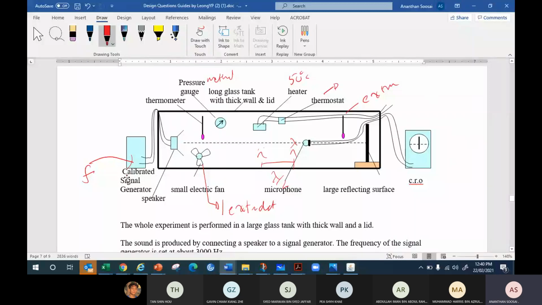So where to find the signal generator, why you need to use a speaker, all are in the top list above. As I said, if you're stuck with how to measure the speed of sound, go and check the list. What are the instruments required? At the beginning, maybe it's a little stressful because it's something new for you. But after 3 weeks, I think you should stabilize. They do 3 to 4 questions.